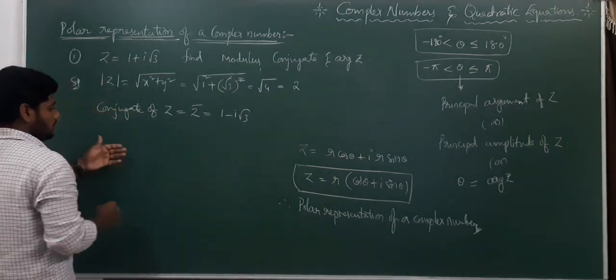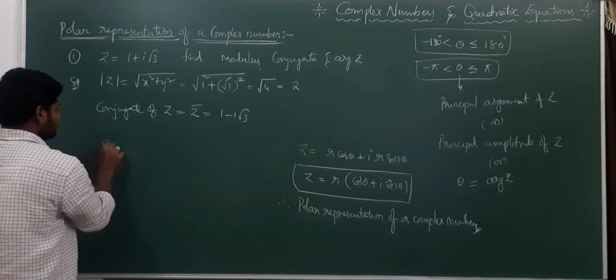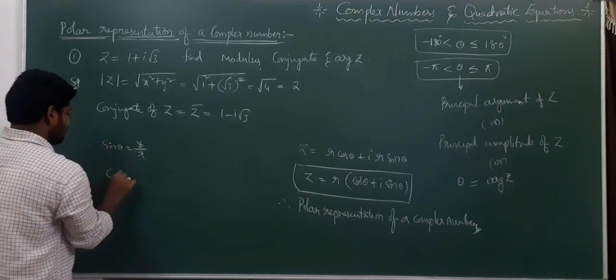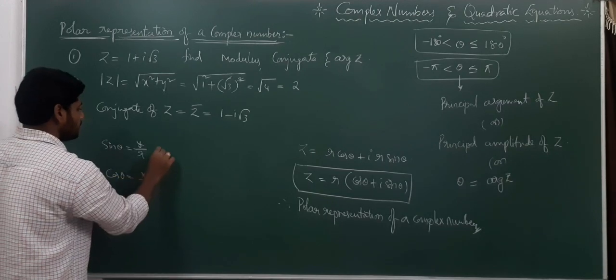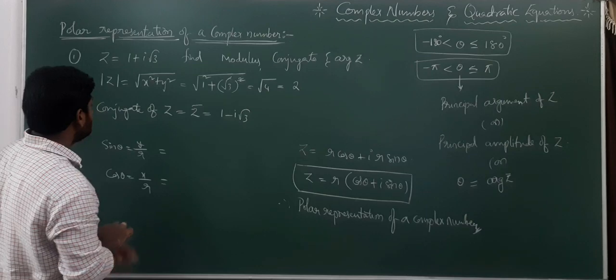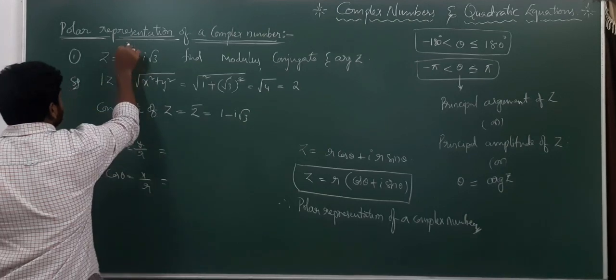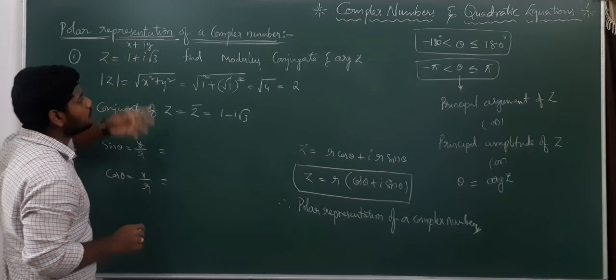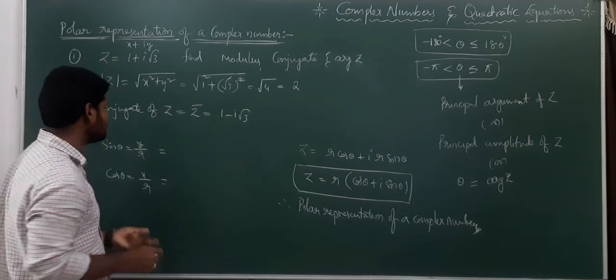We know that sin theta is equal to y by r, and cos theta is equal to x by r, right? So if you substitute those values, you will get... If you compare this given complex number with x plus iy, what is the x value? 1. What is the y value? Root 3. What is the r value? 2. If you substitute those, you will get...